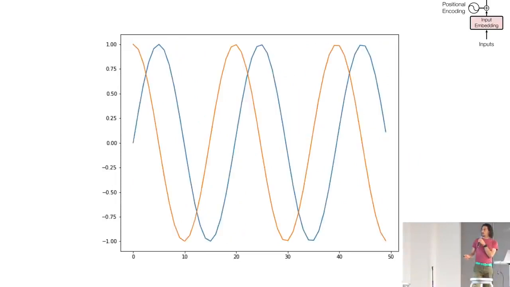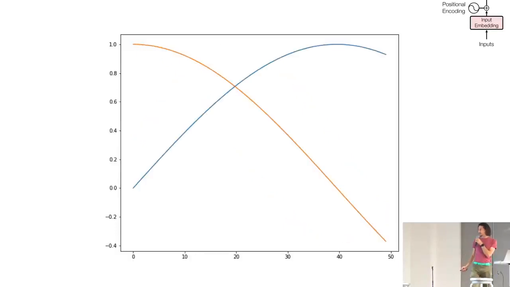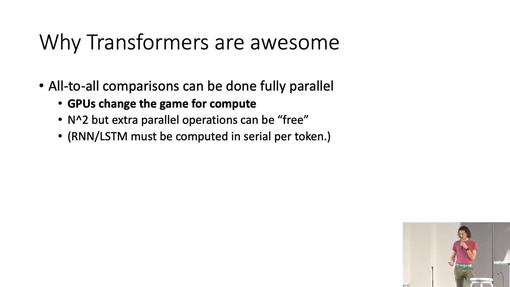So you can kind of imagine that the model can say if the orange dimension is slightly higher than the blue dimension on one word versus another, then you can see how it knows that that token is to the left or right of the other. And because it has this at all these different wavelengths, it can look across the entire document at kind of arbitrary scales to see whether one idea is before or after another. The key thing is that this is how the system understands position and isn't just a bag of words when doing the attention. Okay, so transformers, those are the 2 key innovations: positional encoding and multi-headed attention.